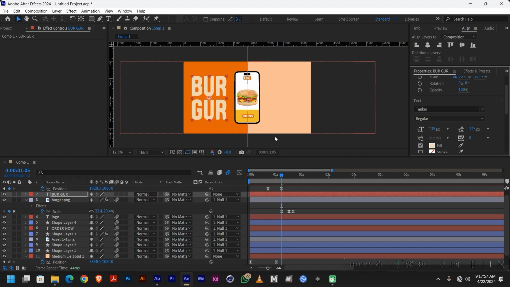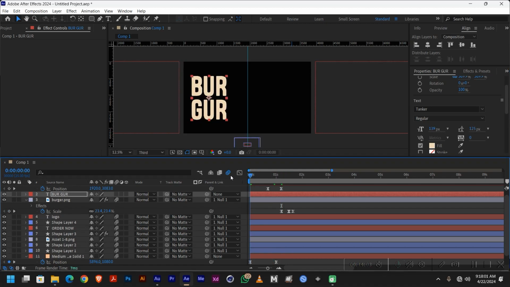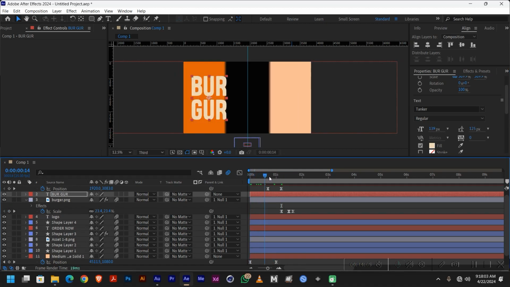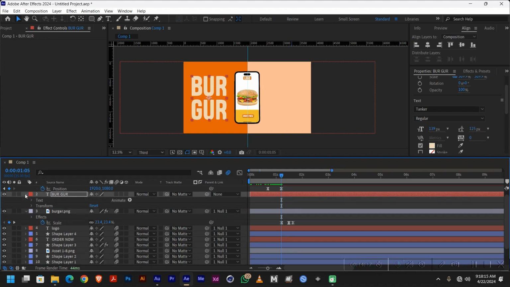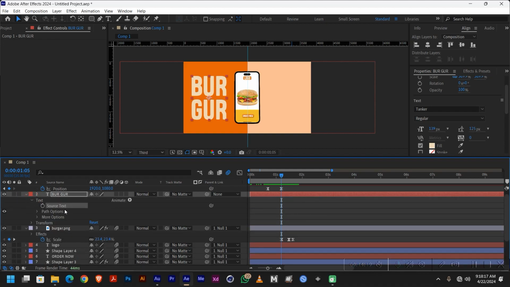I think this is okay. Now immediately this comes in and this one slides up like this, then our burger should also come in from the left side. Okay, so let me toggle down to the text property here, and I'm going to